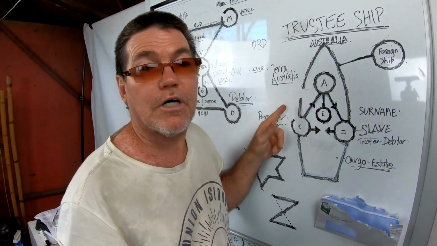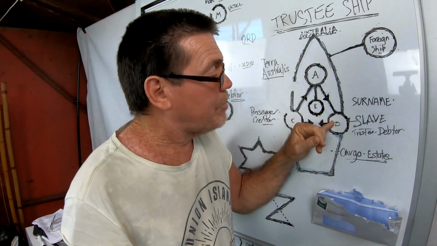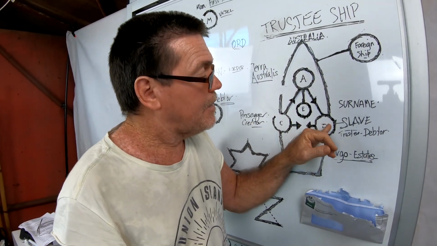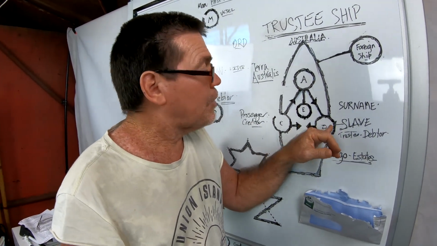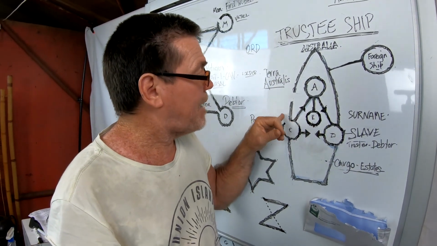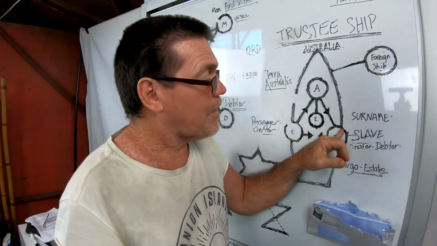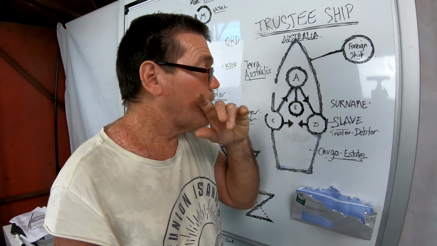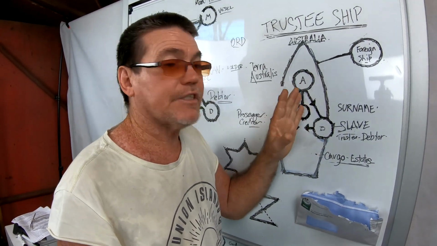That's the cargo side, where you port the cargo off. But when you're on this starboard side here, that's the crew. They are not allowed to get off that ship. That's their jurisdiction on that ship. And if they want to come back to get off this ship, they can have liberty to leave the ship, but only on terms and conditions of the trustee's ship.